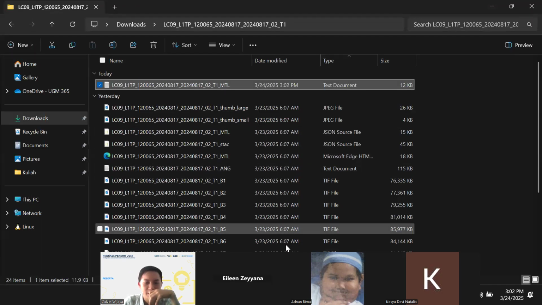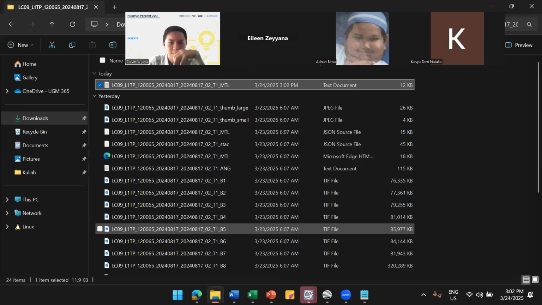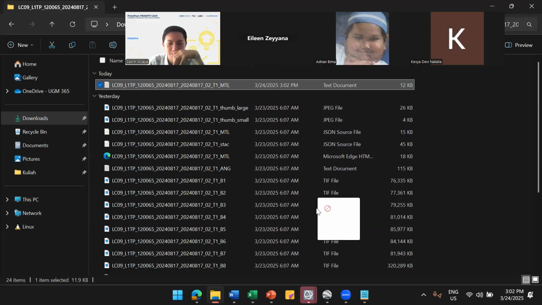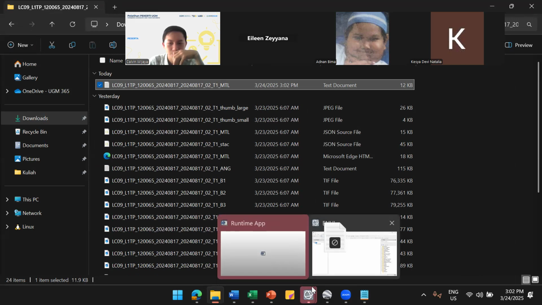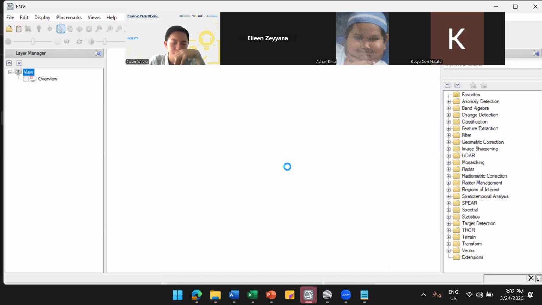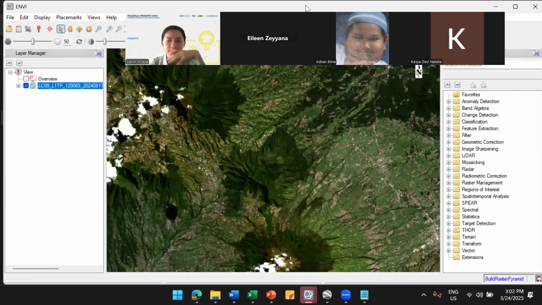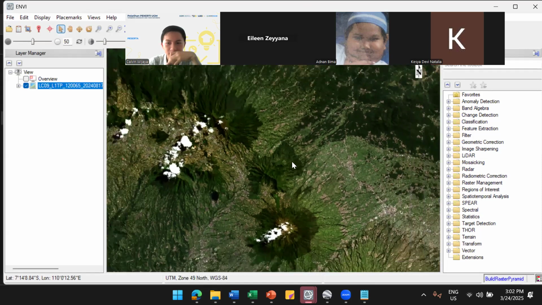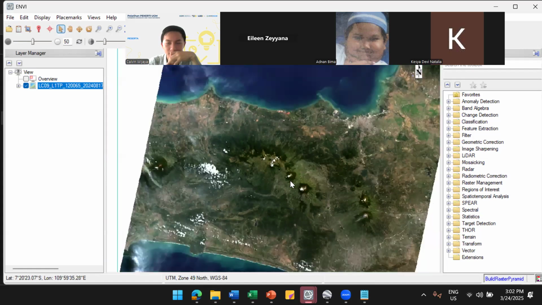Then just drag and drop the MTL file to your ENVI. It will open all bands of the remote sensing imagery. Okay, this is the file. The location is Jogja and Central Java.